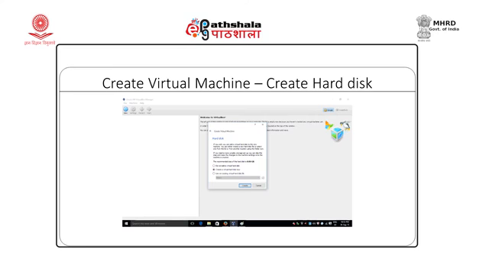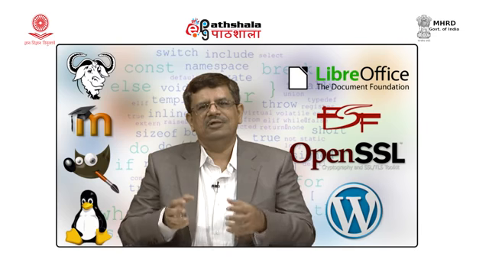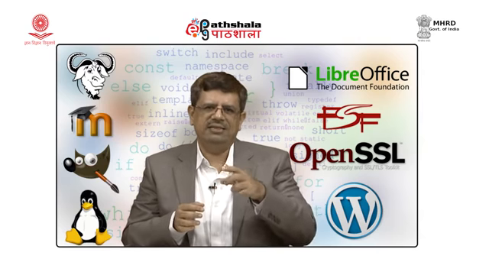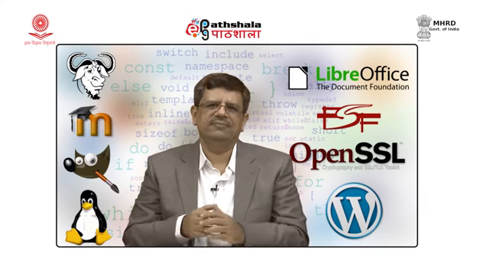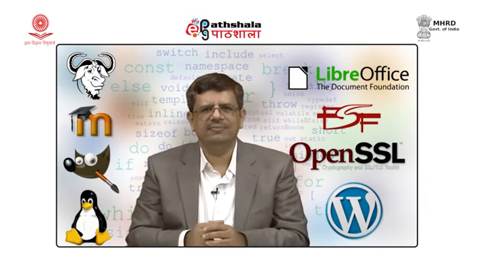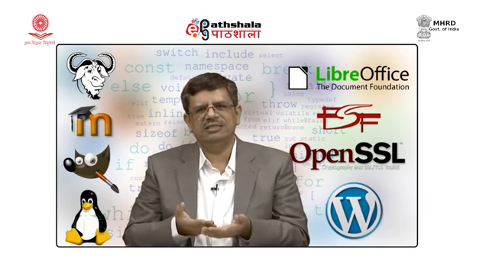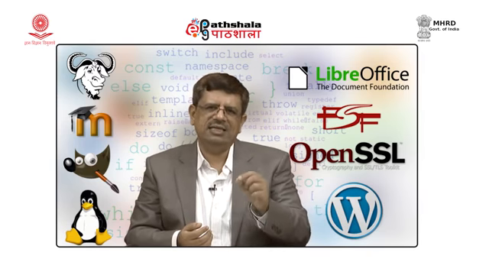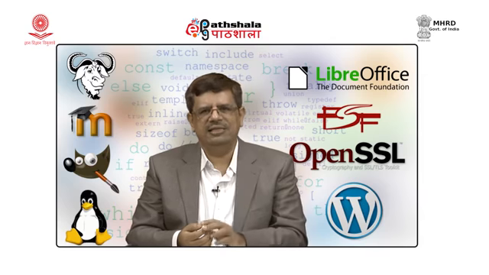In the next step, we select what kind of hard disk we will be creating. Usually, when we install a virtual machine, it becomes a file on our Windows hard disk. So, if I say I want to create an 8 GB virtual image, the entire 8 GB of Linux will stay as a file in my Windows. It will be a single file within which the entire operating system will be stored. Naturally, my file system must support such huge files. It can be 8 GB, 10 GB. You can select the amount of data you want to store in your hard disk.